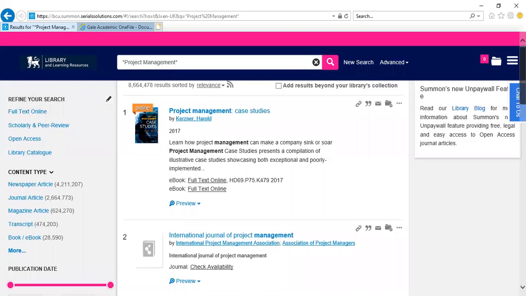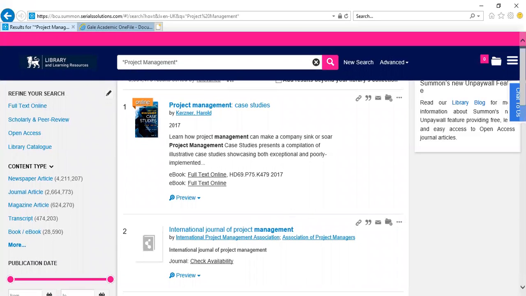So when it comes to project management or any research that you're doing with regard to an assignment, it is always recommended that you use journal articles. However, if you're looking for some kind of news material on an industry in a certain country, you can use newspaper articles or magazine articles. Or if you're looking for a certain theory and reference and history of a theory, you can use books or ebooks.